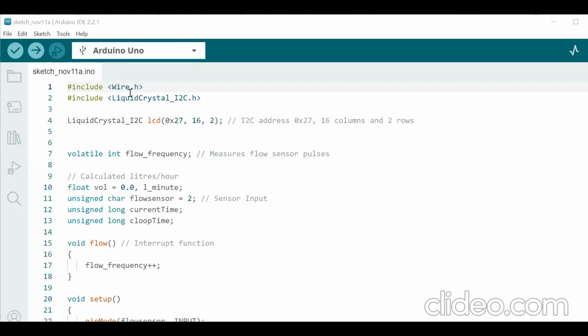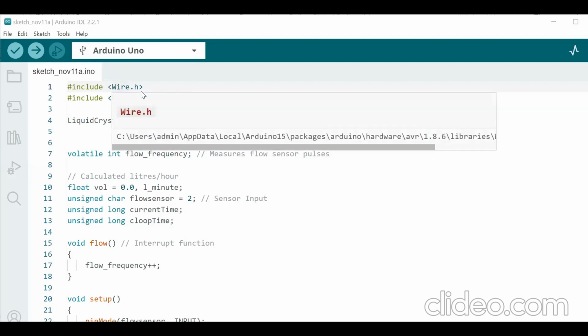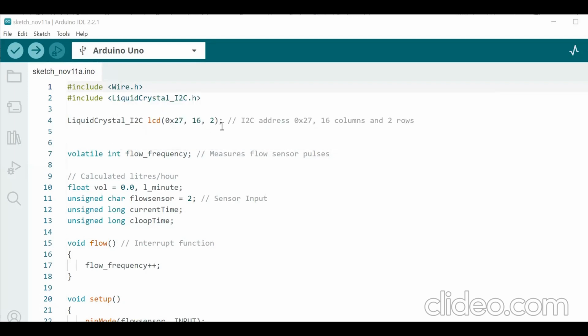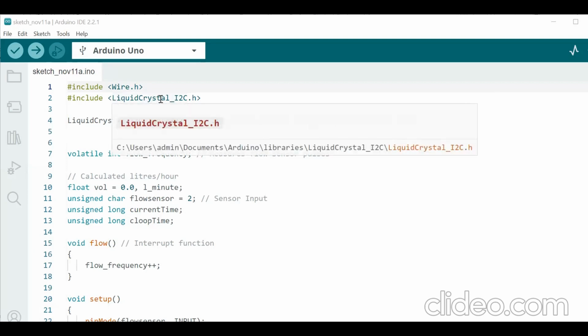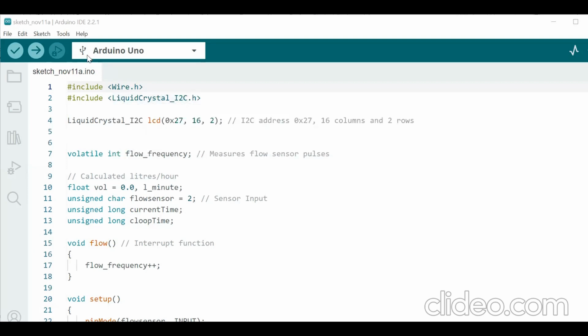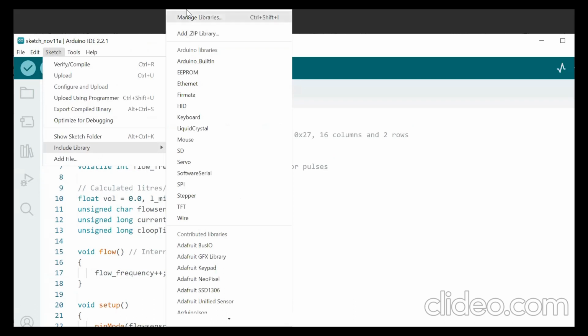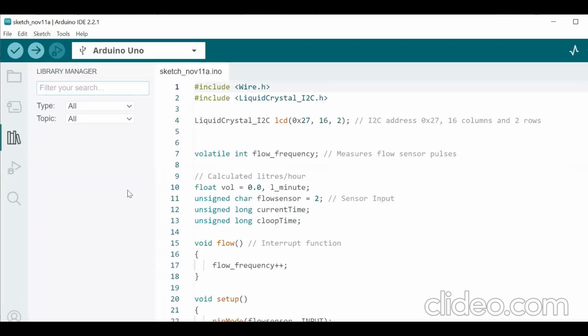In short, I'll explain the code of this water flow sensor. These two includes are the library files required to display the flow rate on an LCD. So before uploading the program, you should include the LiquidCrystal I2C library file. To install this library file, you have to go to Sketch, Include Library, and under that, Manage Libraries. So you type here "liquid crystal",